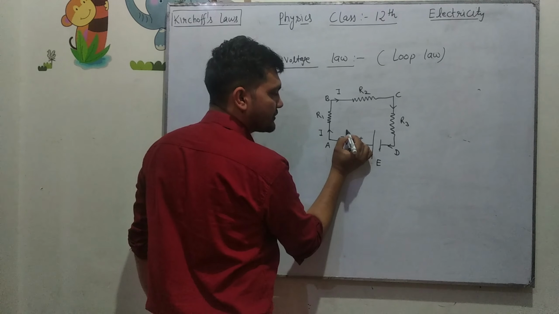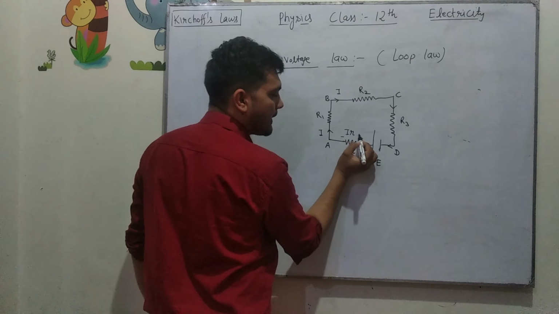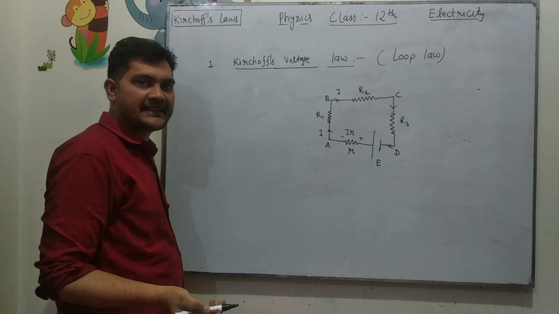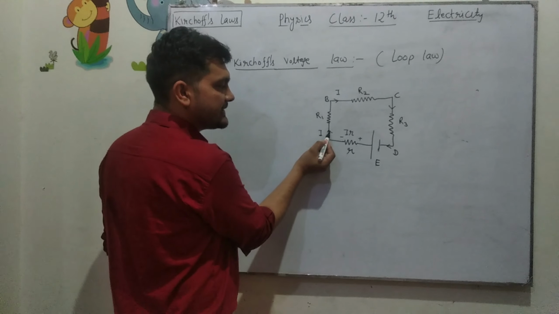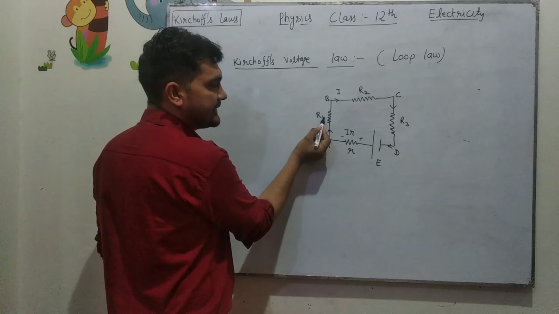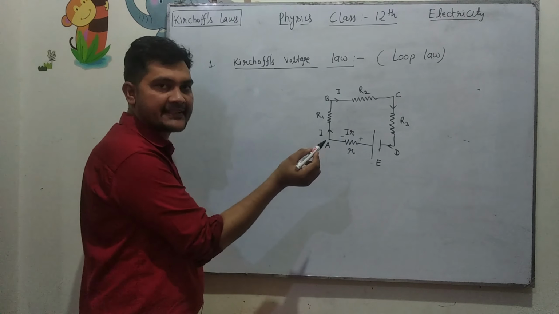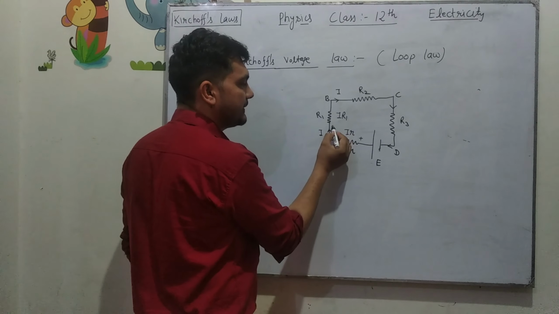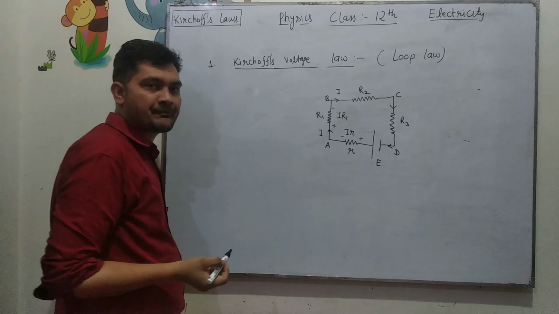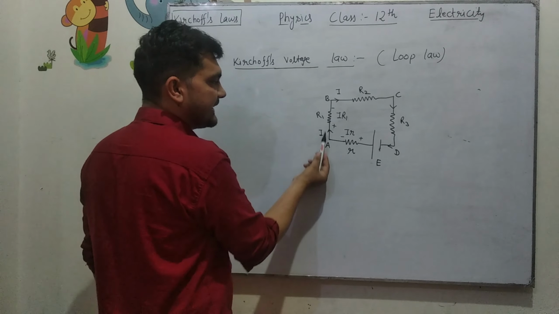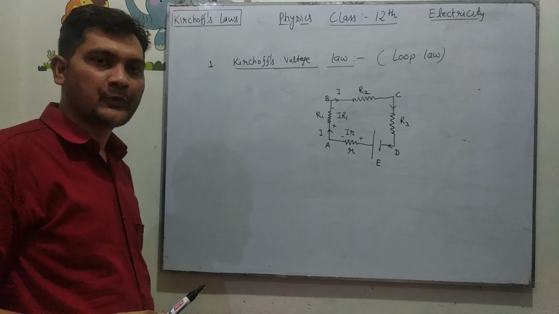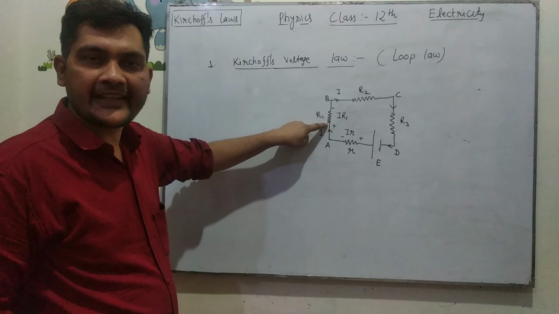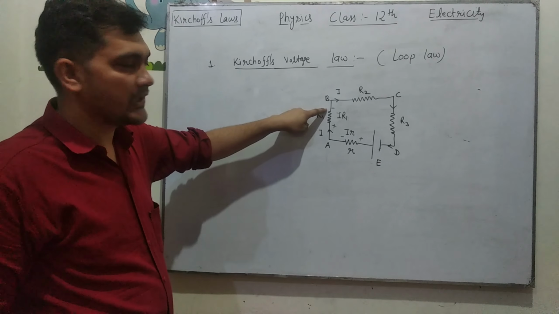Say the potential across this is I into R. According to Ohm's law, the potential drop across any resistance is current multiplied by resistance. When this current I flows through this resistance, then some voltage is dropped across this resistance also, and say this is I multiplied by R1, and it is positive and negative here, because when current is entering into the resistance, then this end of the resistance is relatively at higher potential and this is at lower potential.